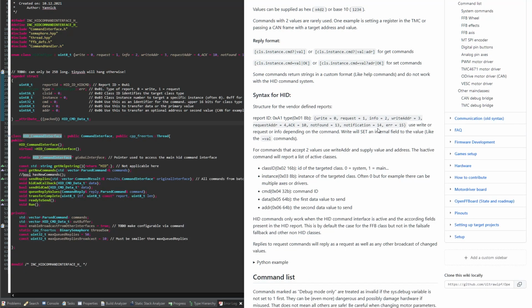Now, because every command also has an ID associated with it, we can use this for interfaces which do not allow sending of strings, like for example HID reports. So we have created a HID report for these commands, which is active when the force feedback wheel main class